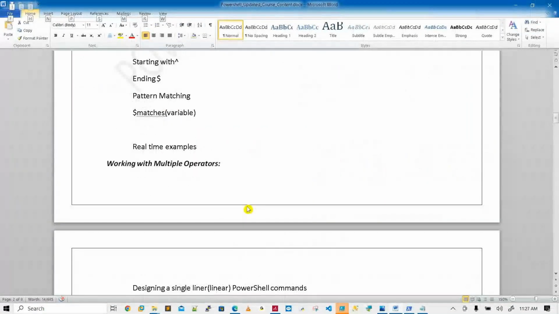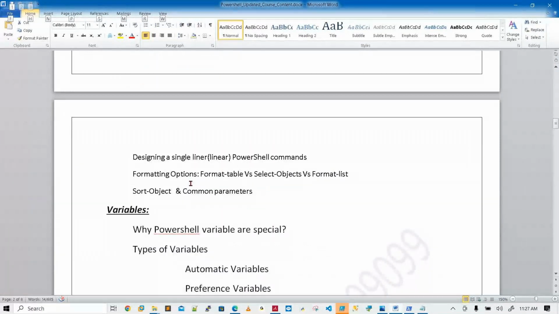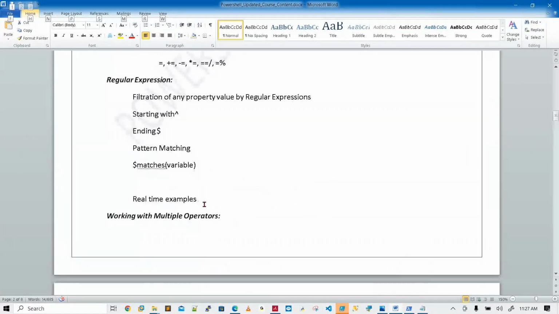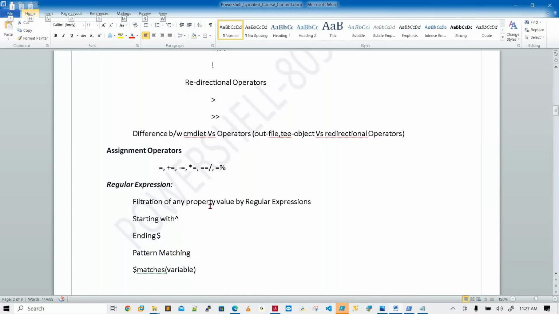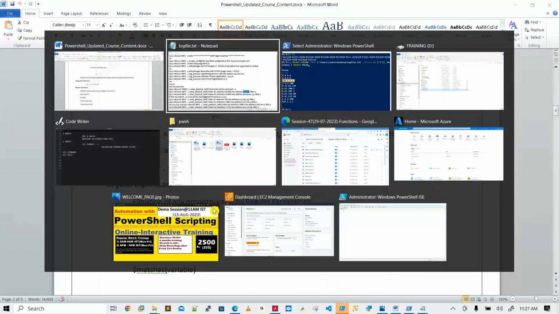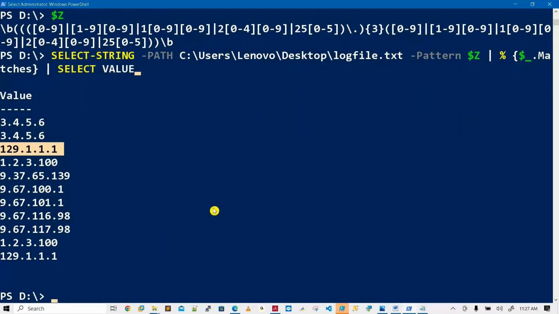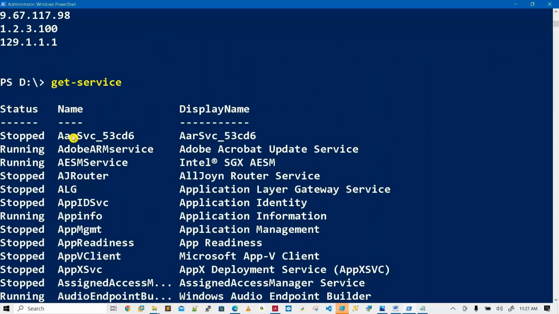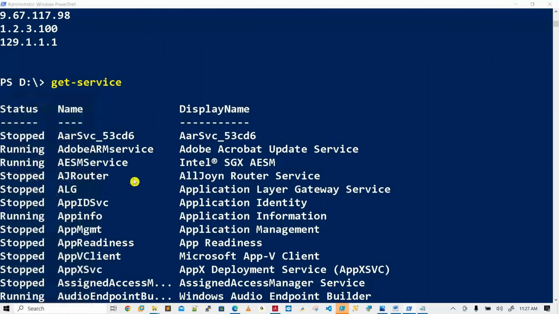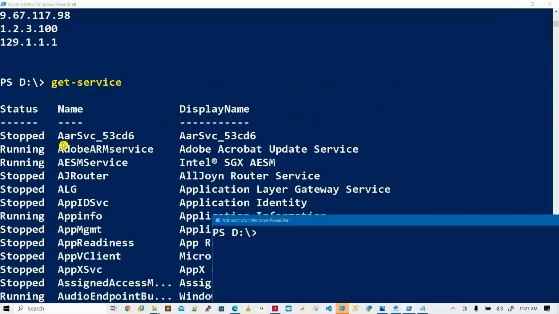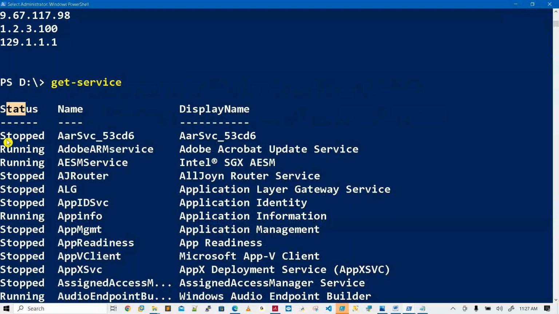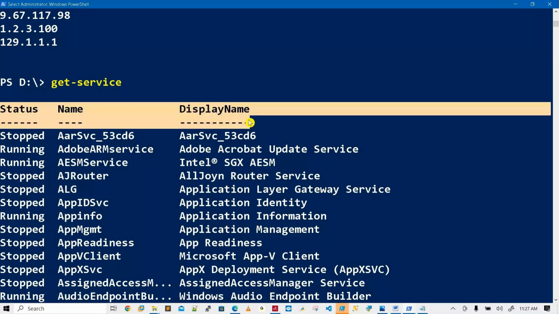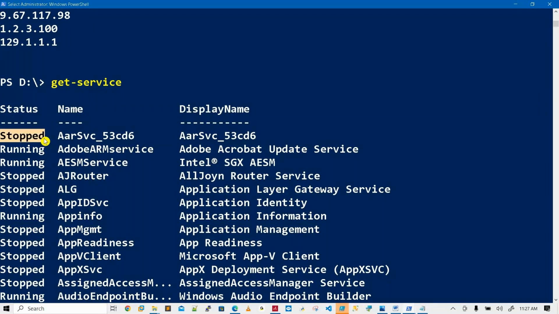And the next one is, one more important thing in this one: logical operators. For example, see, one command is the service command. It is some command output, sir. In this output, I want to take status equal to... see, this is something like an Excel sheet header. So status should be stopped and display name starting with A. That is your requirement. How to write two conditions?